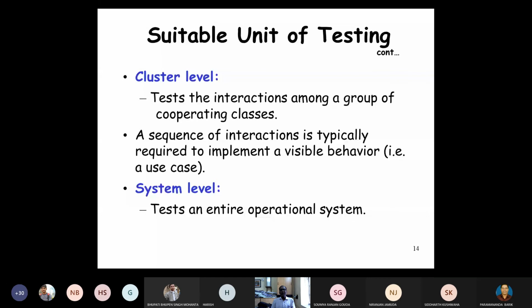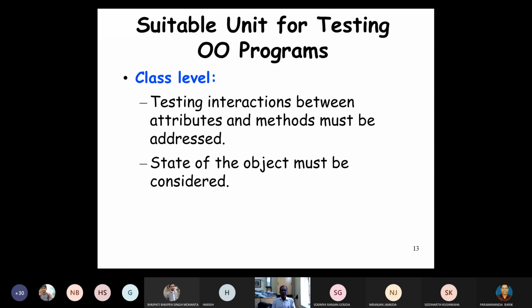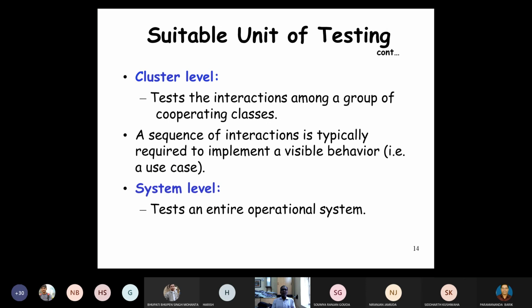The corresponding levels in object-oriented testing: unit testing corresponds to class level testing, because the smallest unit is the object or the class. Integration testing corresponds to cluster level testing. So cluster level testing is equivalent to integration testing.